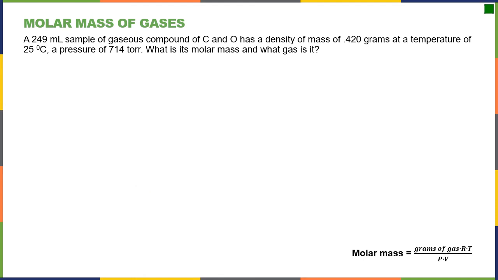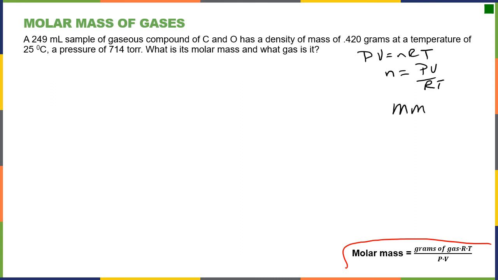All right, so last question, molar mass. Now, if you have a hard time using these, you can always go back to PV is equal to nRT and solve for moles. Moles will equal PV over RT. And molar mass is going to be how much this stuff weighs in grams divided by n, the number of moles. Or you can sort of stuff it all in and rearrange it, and you'll get this equation down here. So what do we need? We need grams,